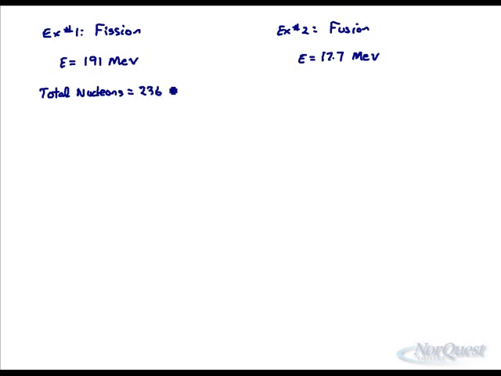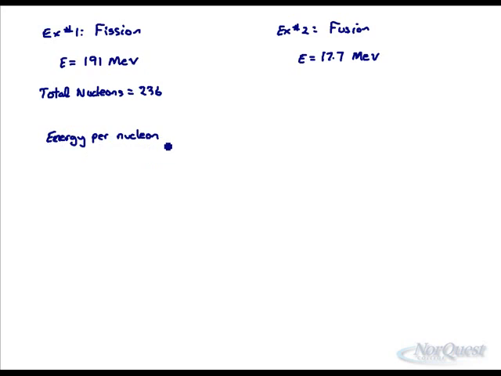We had 235 of them with uranium and 1 neutron. So when you take this number and you go energy per nucleon,